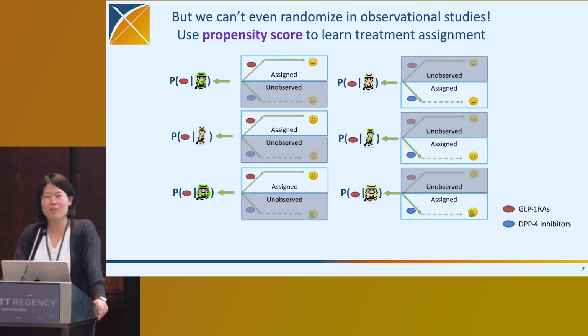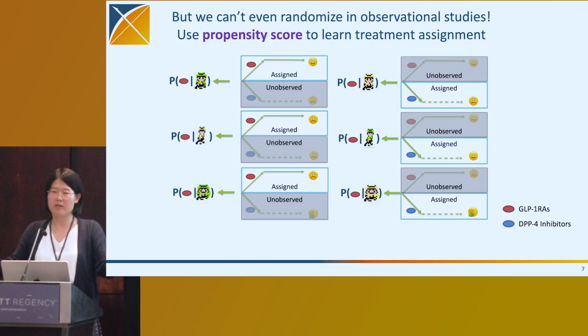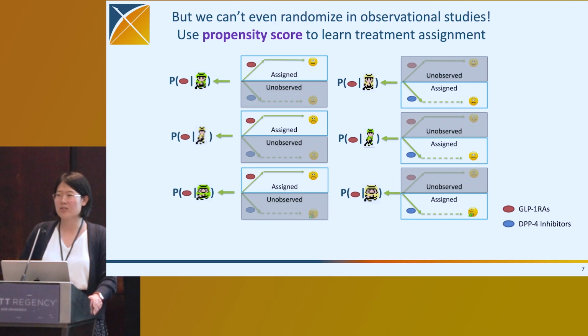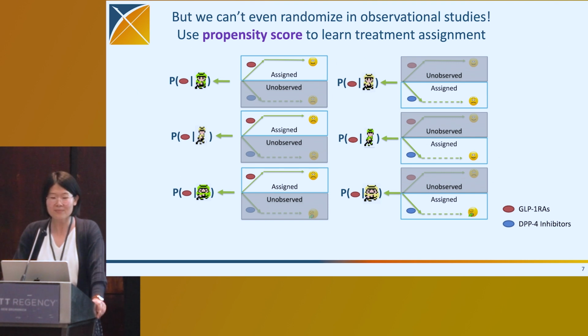People are in the real world, when they see doctors, they take different treatments. We see some people experience acute MI, some don't. We should be able to infer some causal relationships from that data, even though the treatment there was not randomized. So the technique we use, in biomedical research, the most popular one has been propensity score for the past